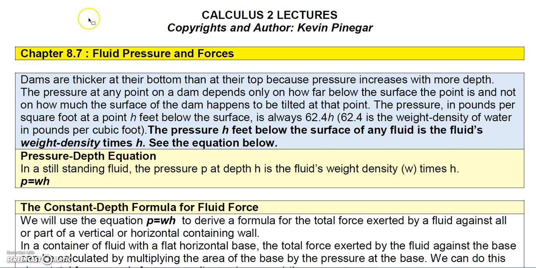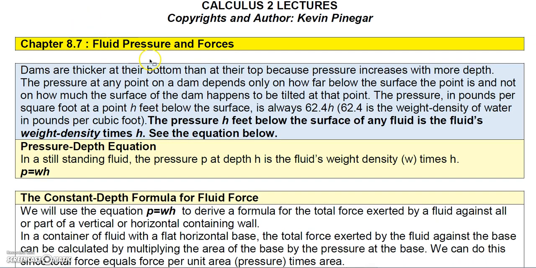Alright, let's discuss this a little bit before we get into any formulas. Dams are thicker at their bottom than the top because the pressure increases with more depth. The pressure at any point on a dam depends only on how far below the surface the point is, and not on how much the surface of the dam happens to be tilted at that point. The pressure in pounds per square foot at a point h feet below the surface is always 62.4 times h,